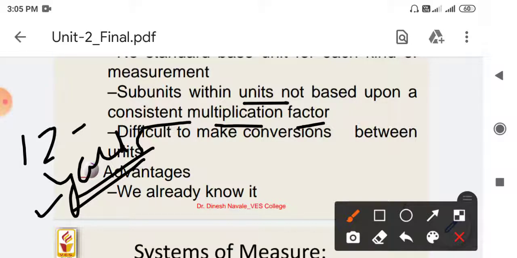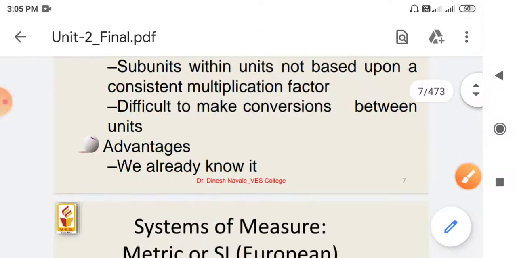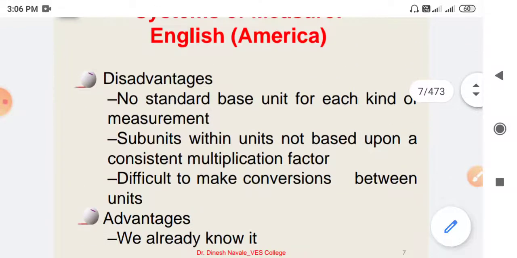All these conversion factors, from inches to feet and then feet to yards, do not follow a continuation in their multiplication. There is no common multiplication factor based upon which we can directly find out the values. Suppose we remember one value, that 12 inches is 1 foot. Based upon that we cannot get all the values; we need to define each and every variable using a certain multiplication factor. So we have to remember all of them. This is the big disadvantage of the English system.